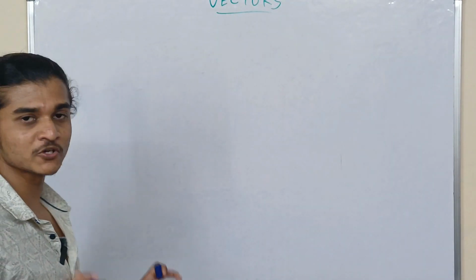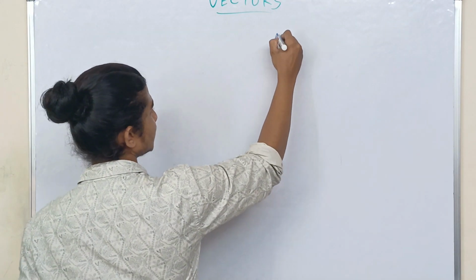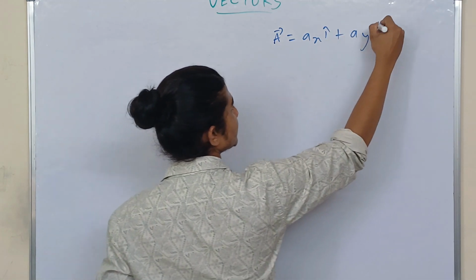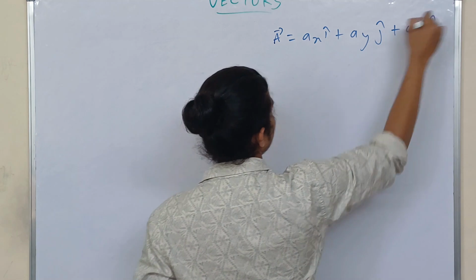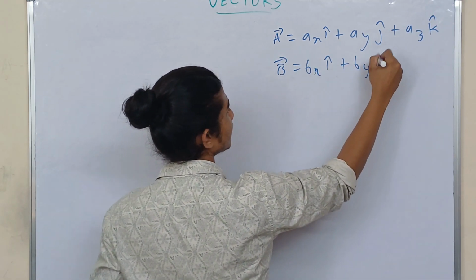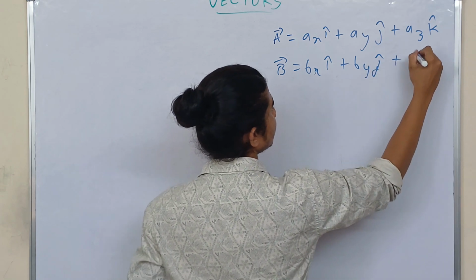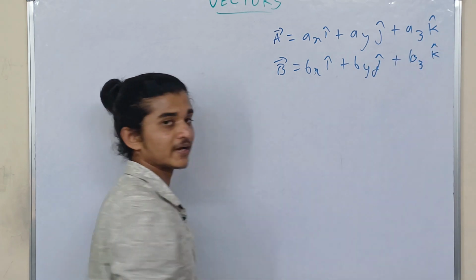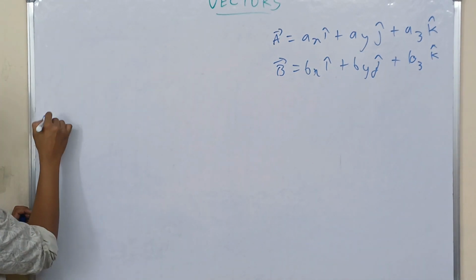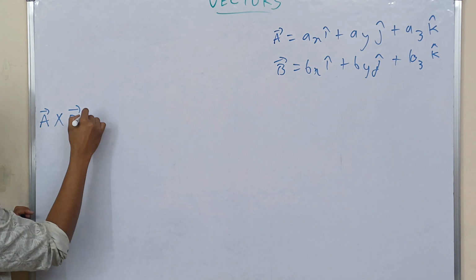Suppose you have a vector a equal to ax i cap plus ay j cap plus az k cap, and you have b vector as bx i cap plus by j cap plus bz k cap. So how are you going to find the cross product of these two particular vectors? So let us find them. a vector cross b vector is equal to